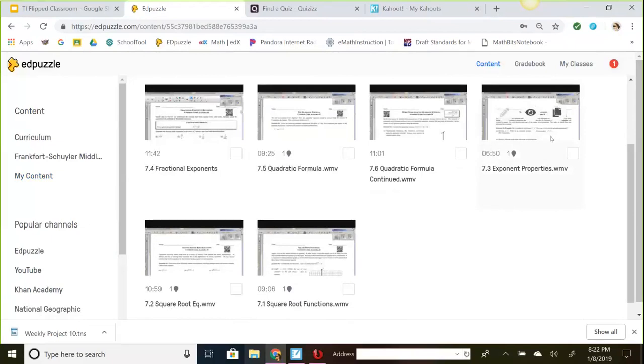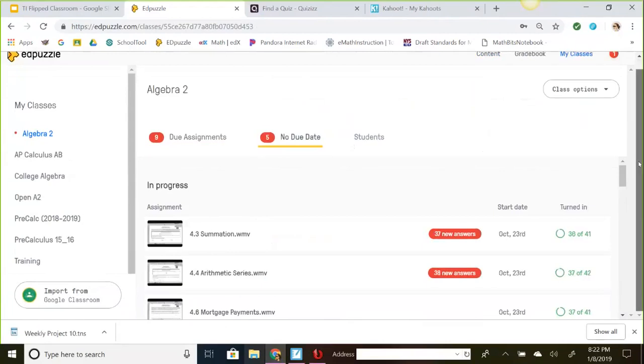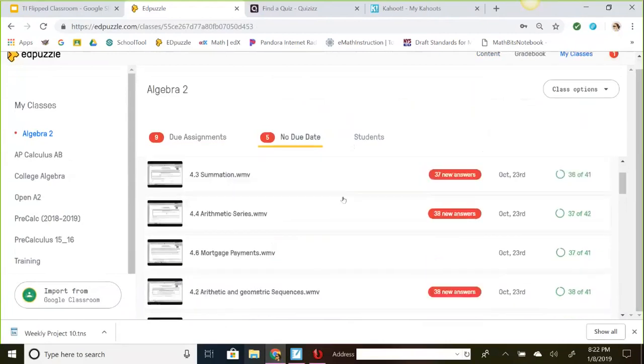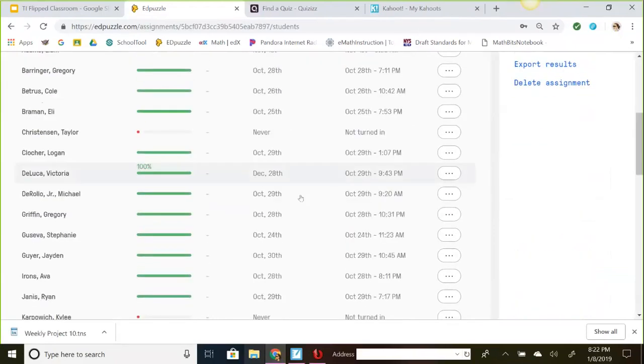If I go into my classes, here's my Algebra 2 assignment. If I take a peek at, let's say, 4.3 summation notation, here are all of my students, and I can see who didn't watch it.